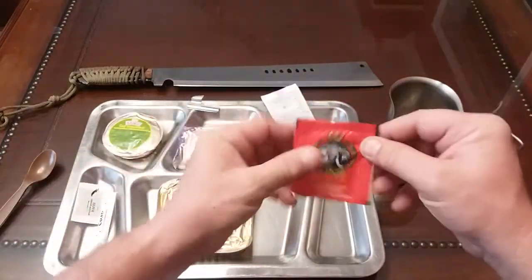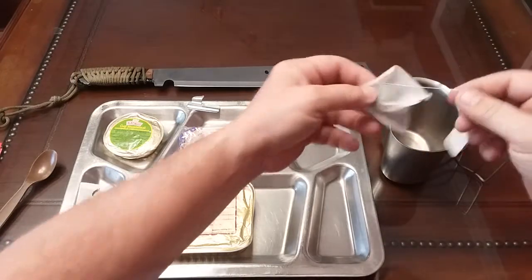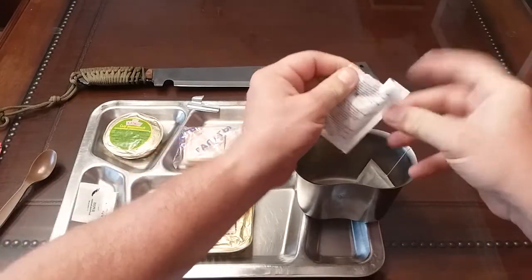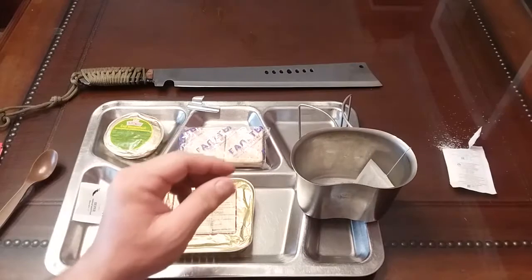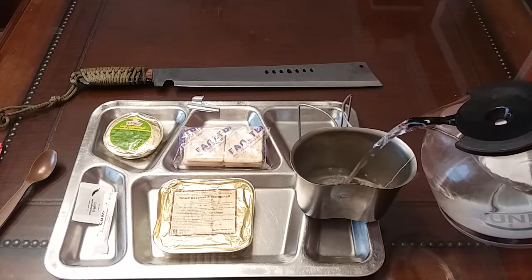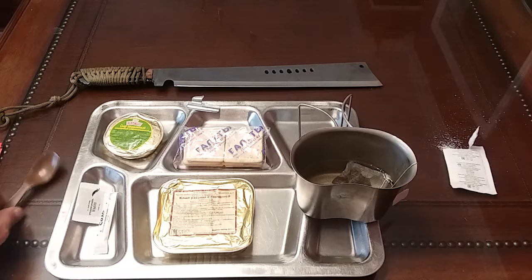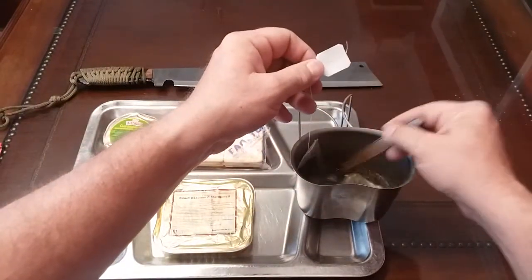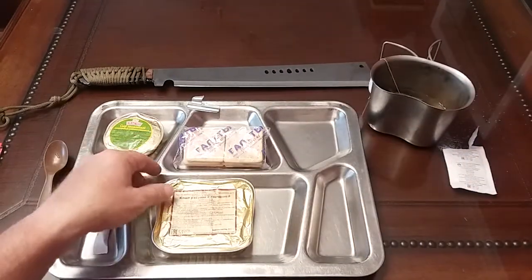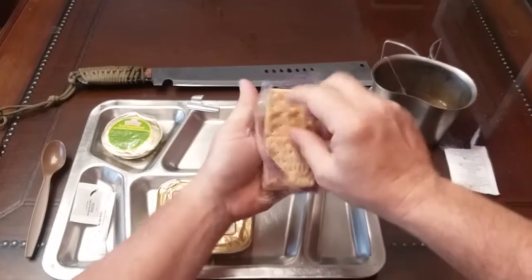We're going to make our tea. Should be just a standard tea. Use our US canteen cups. A little bit of sugar for that. Alright, we'll give that a little stir. All that sugar, and we'll just let that set for a minute. Alright, let's go ahead and get our crackers out. Now, a lot of these are broken, so